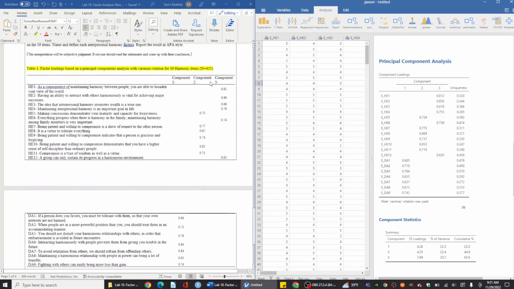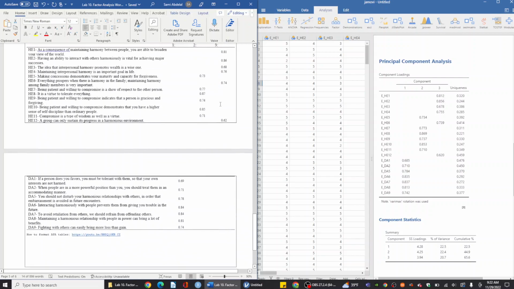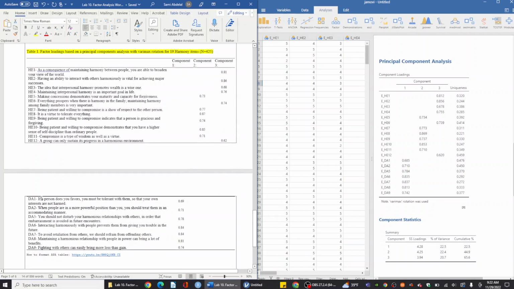So your job is to answer this question. Can you interpret and define the factors, report the factor loadings with Varimax rotation, so these values right here from the second analysis, and interpret them? I think that's repeated twice. So name and define each interpersonal harmony factor, and remember the factor is not these questions. This is the factor as the component. So what is it about DA1, DA2, and so on up until DA9 that represents one factor? What could this factor be? So use your best judgment, use these questions in your explanations,